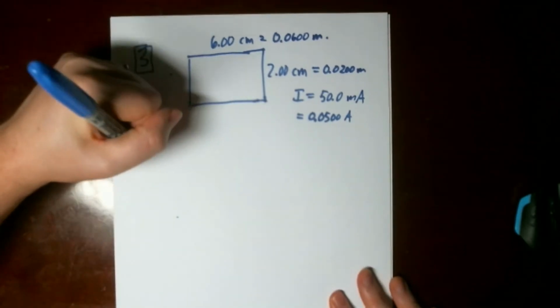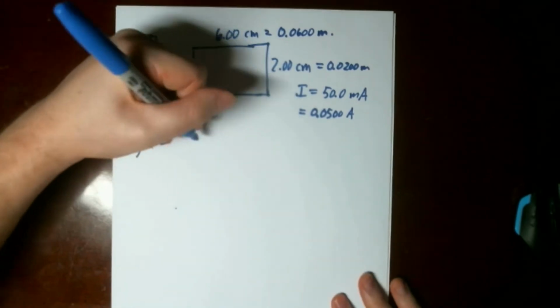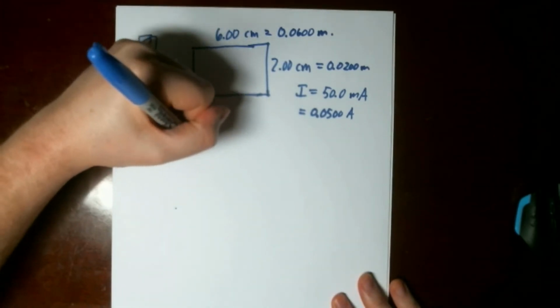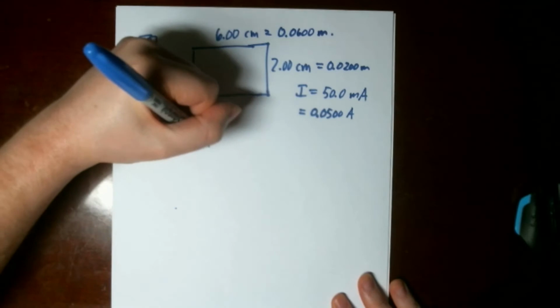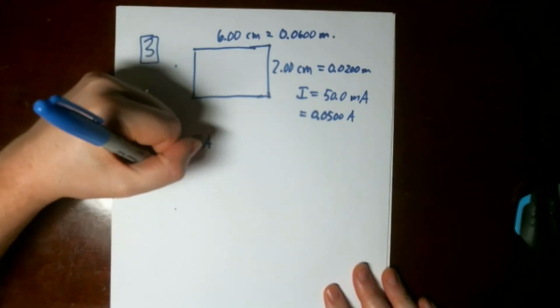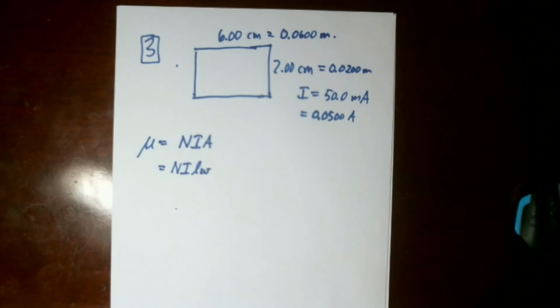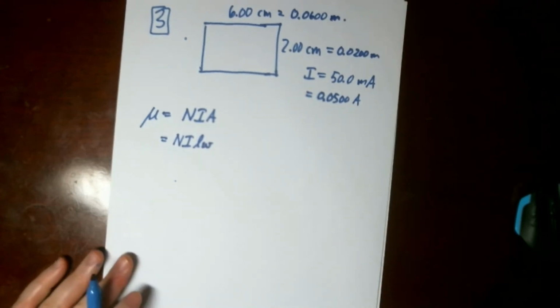All right. So the magnetic moment mu of a coil of n loops of wire is going to be n times the current going through it times the area of the loop. This is a rectangular loop. So in this case, we'll have n, then we'll have I, and then we'll have the length times width of the rectangle. So plugging stuff in,